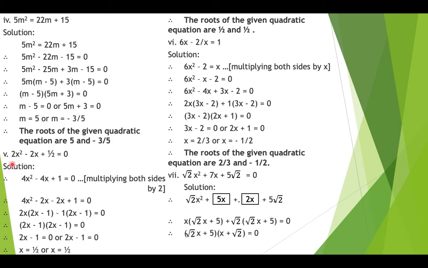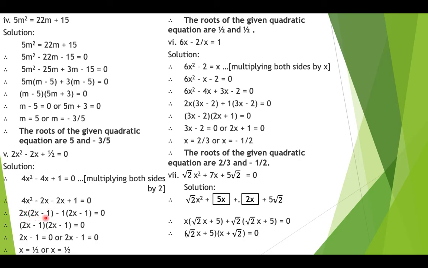So over here a into c is 4 into 1 is 4, and the b part is b1 plus b2 is minus 4. So we can split this up into minus 2x. If you observe this carefully, it is minus and plus, so b1 will be minus and b2 will be minus. So it is 4x square minus 2x minus 2x plus 1 is equal to 0. So we are pairing this now. The common term in these two is 2x.